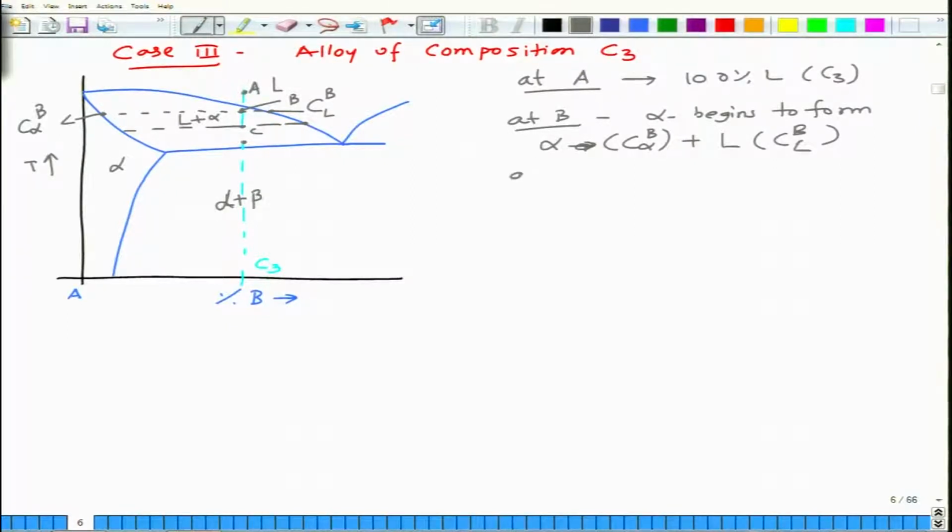So at C, alpha increases in proportion and its composition changes, which you can determine using the tie line rule. The moment you reach point D, I will not draw the microstructure at A, B, C because you are conversant with them, and you can determine their composition and phase fractions using tie line and lever rule. When you reach point D, which is just above the eutectic,